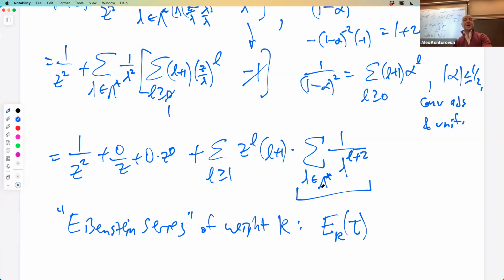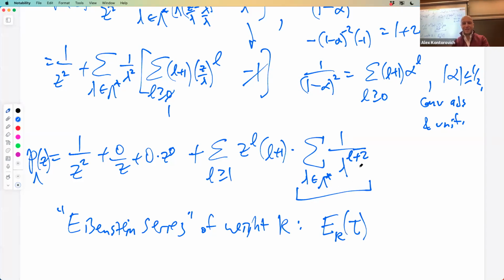So now I get to speak of tau being, this depends on the lattice, but it does not depend on z. So it's a constant as far as the Weierstrass series is concerned, it's not a function of z, but it is a function of the lattice. So we're trying to understand, at the moment, this is P of z, right? There's a 1 over z squared term. There's a z to the L plus 1. How does this actually depend on lambda? Its only dependence on lambda is through the Taylor coefficients, the Taylor expansion. And the Taylor coefficients,